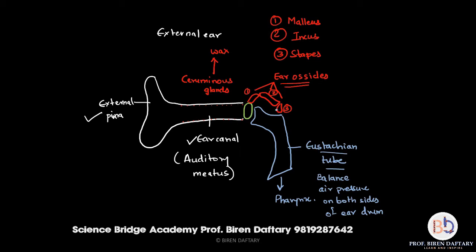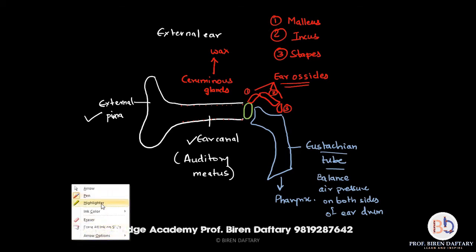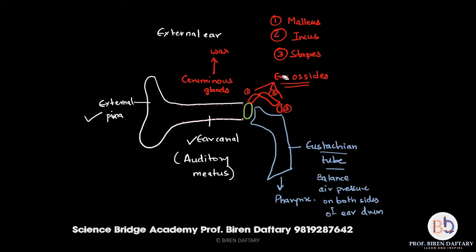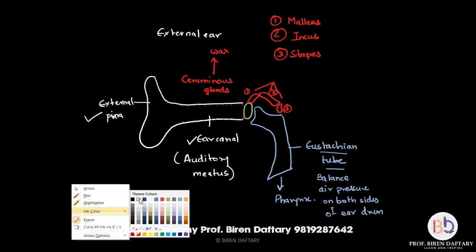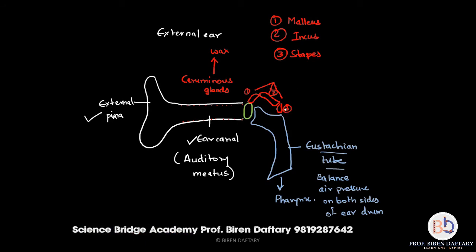Now we will go to the part which is called the internal ear. So once again I am just going to erase some of the things that I have written here, so that I have enough space to draw the internal ear. So now the stapes, which is the smallest ear ossicle, continues into the internal ear. Okay, and the internal ear is basically a highly convoluted or a loop structure